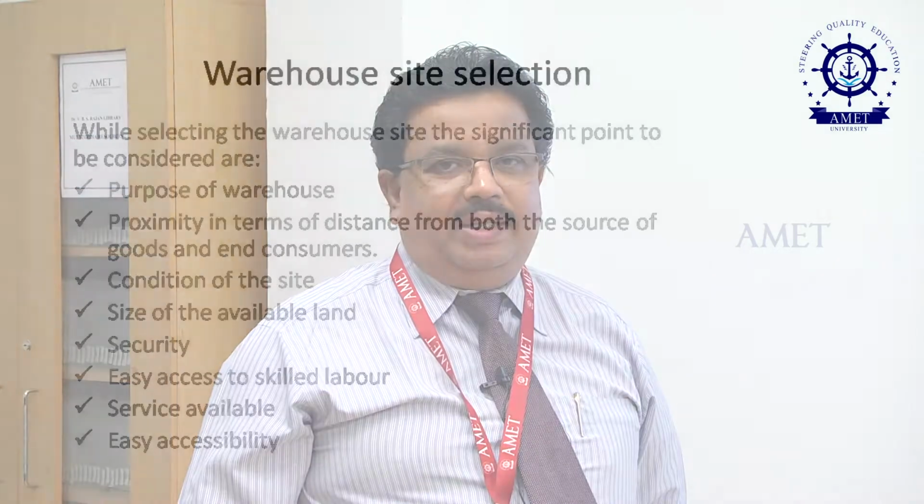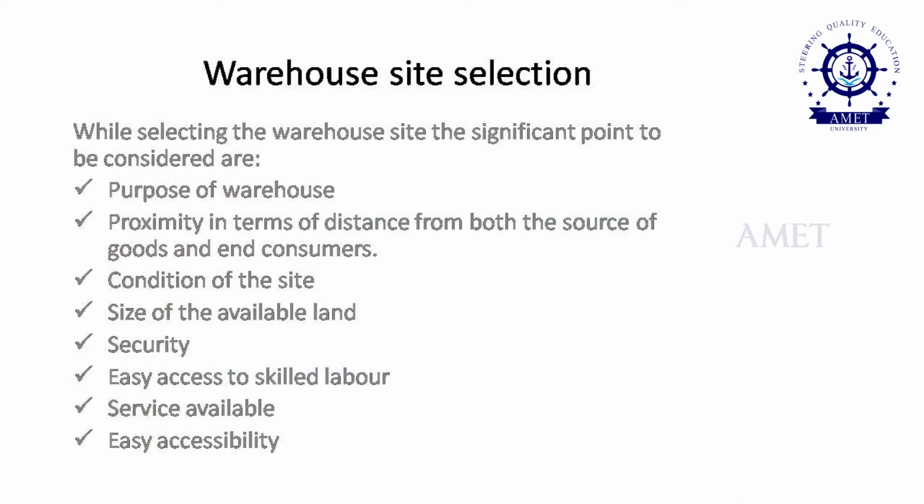Then the proximity, in terms of distance between the source of the goods and the end consumer. The source of the goods is nothing but where you are selecting the raw material and you are shifting the raw material from the warehouse, because the raw material has to be supplied to the warehouse by the supplier. So, there also you need minimum traveling time, and shifting of raw material to the manufacturing unit, again that time should be very short, and once the manufacturing product has been done, that has to come back to the warehouse, where also you require the time utility, where the transportation cost should be minimum.